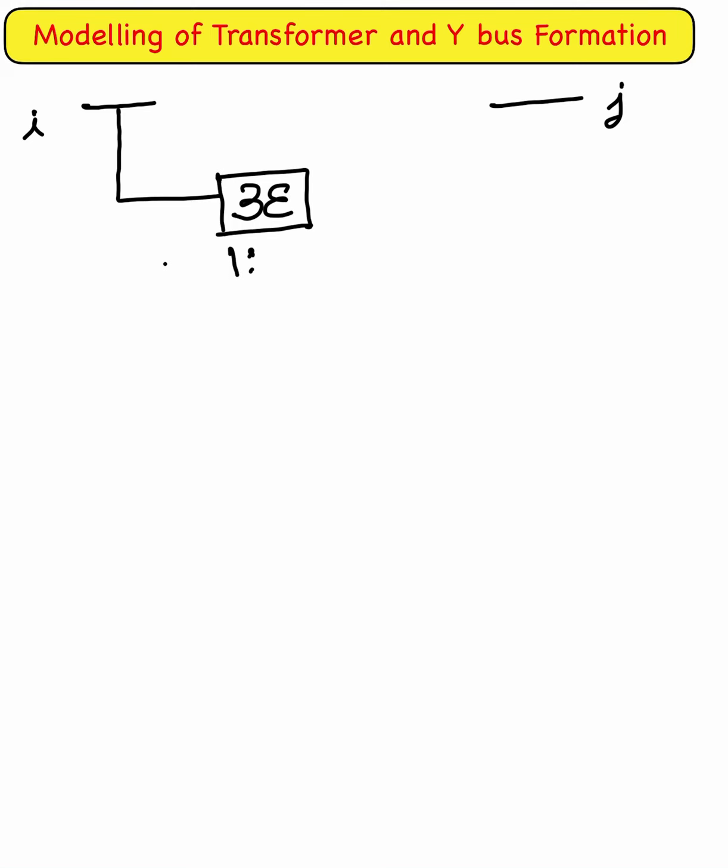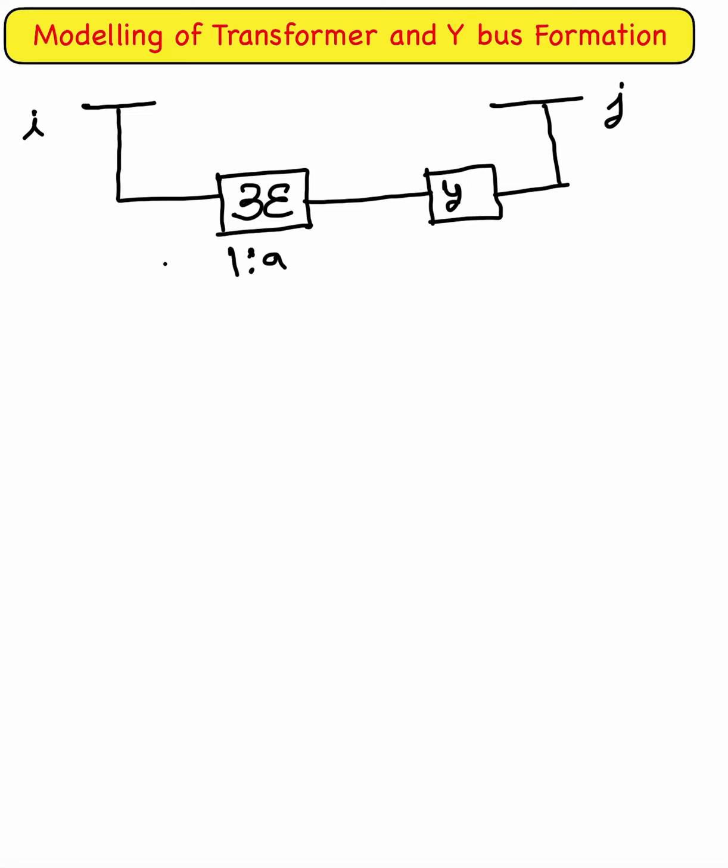Today we will learn about a very important topic, that is modeling of transformer and Y-bus formation. In this case I have taken two buses, bus I and bus J. Bus I is connected with the transformer, and its transformer ratio is 1:A. This is connected with the bus